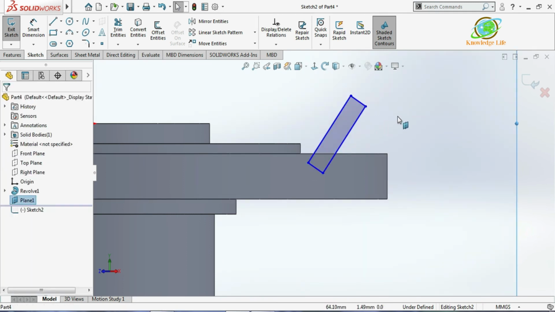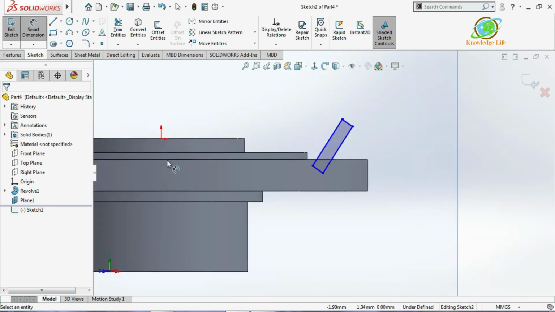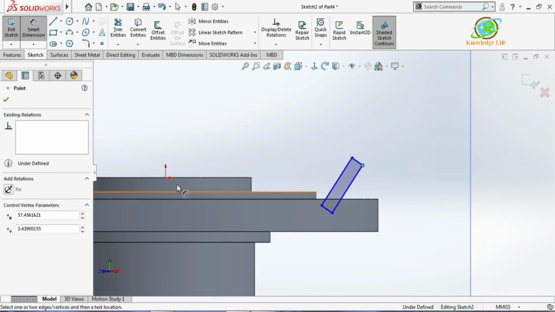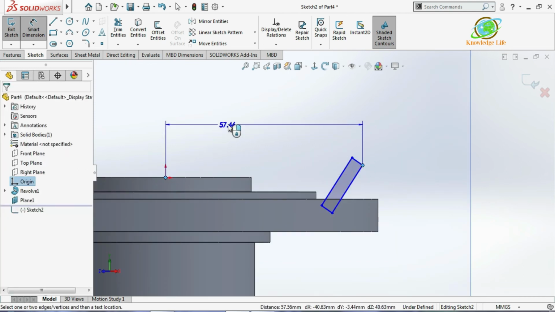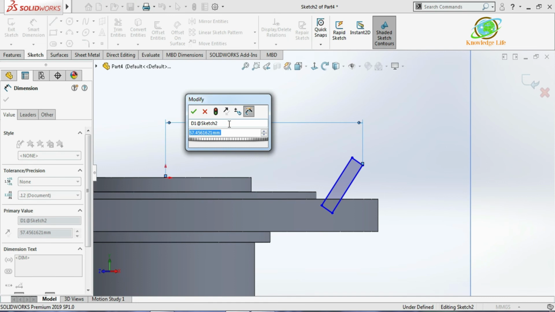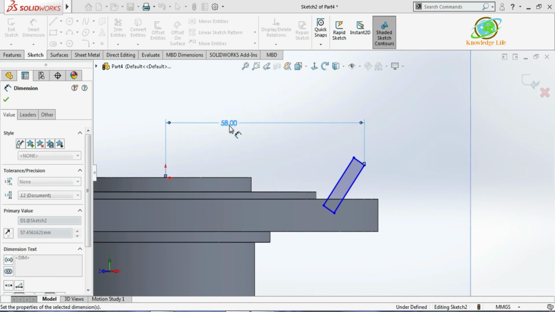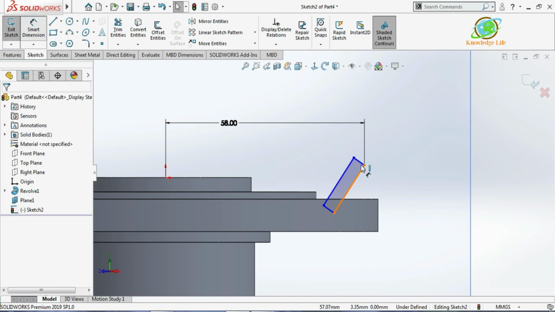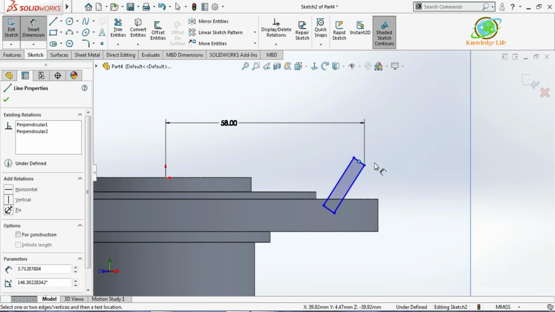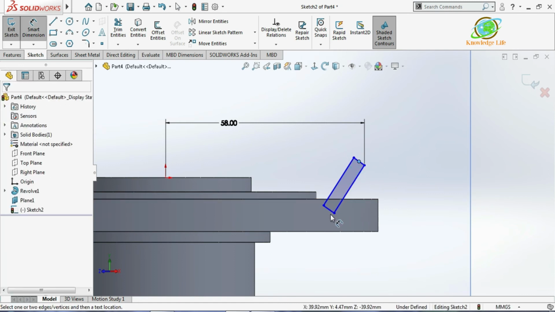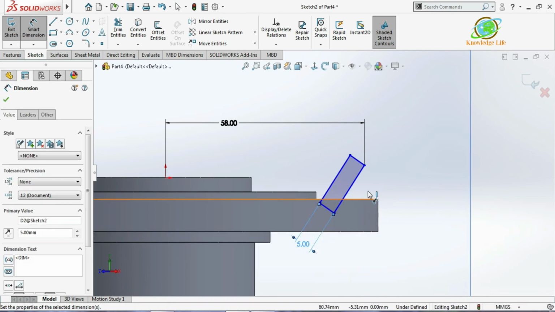Now I will go for the dimension. I'll give the first dimension from this corner point to this origin. I'll be giving the horizontal dimension, which is 58. Now you can see they have given the diameter 10, so I'll give this as 5. Click on this and give the value 5. Now we need to define one height.